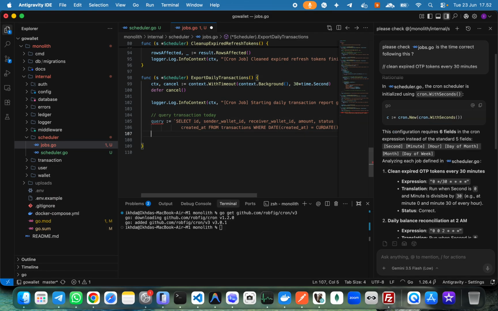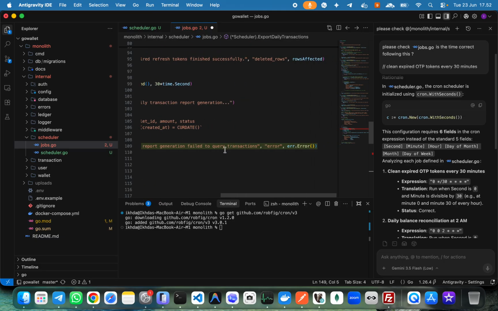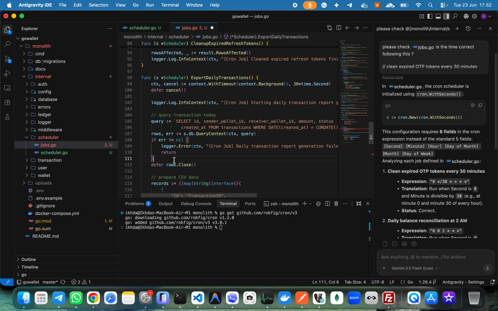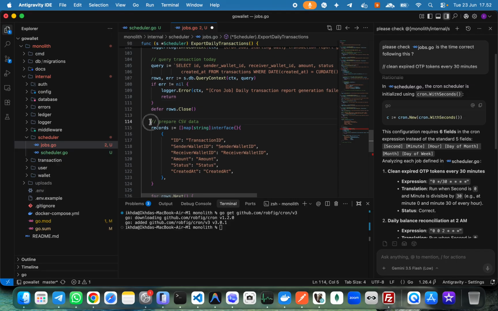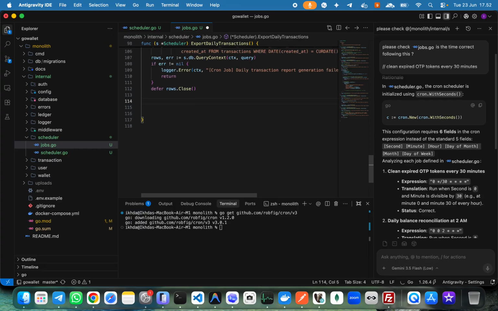And then should be rows, error db query, and then if error, failed to query transaction, then defer rows close, then I think this one we delete. Create reports directory folder, reports directory